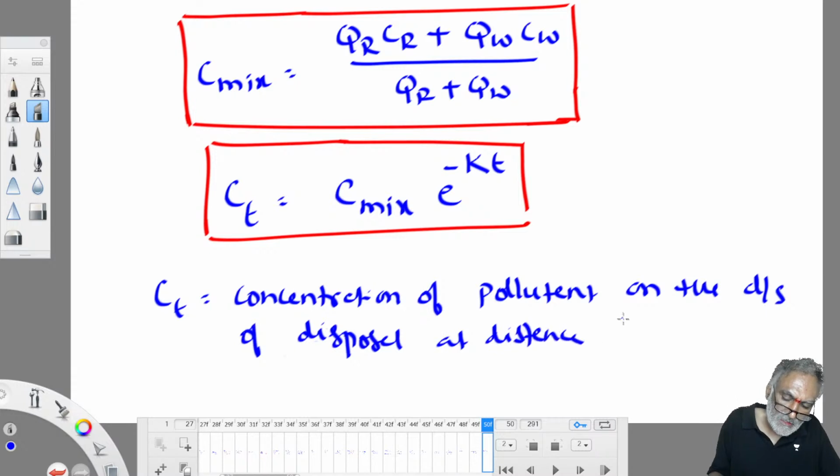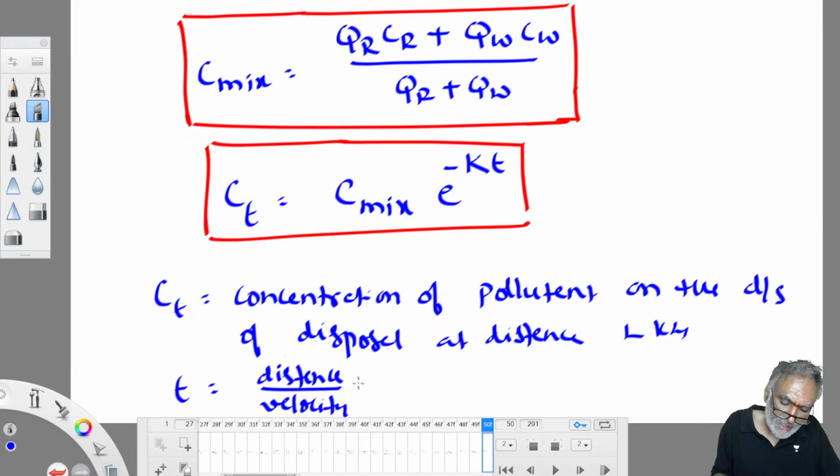At a distance L kilometers, then how to get the T value? This T value is equal to distance traveled by velocity of flow on the downstream side. Distance traveled is how much? L. Velocity of flow is V. Velocity of flow is what? Which is nothing but